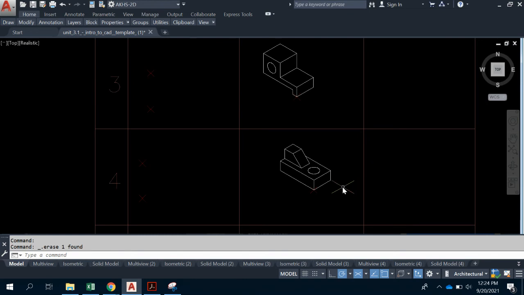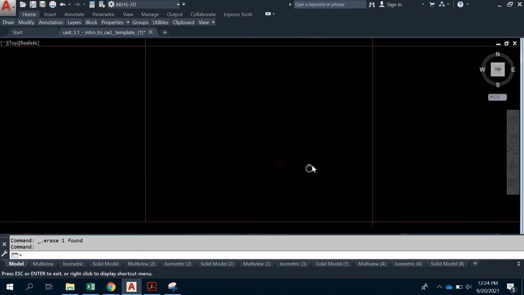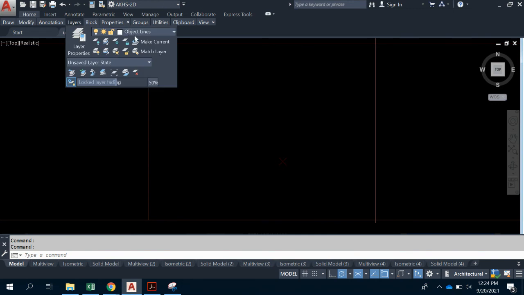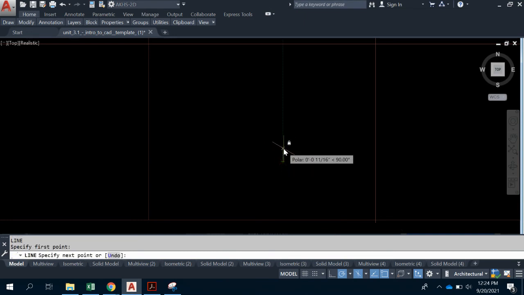Okay, and then the last one, again, this one's much more complicated. Feel free to pause whatever it is that you need to do. So first I would start with that front profile probably, making sure I'm in object lines, and then I'm going to start with the left, which is our front, and then start with a line. I'm going to start here. I'm going to come up 0.25,